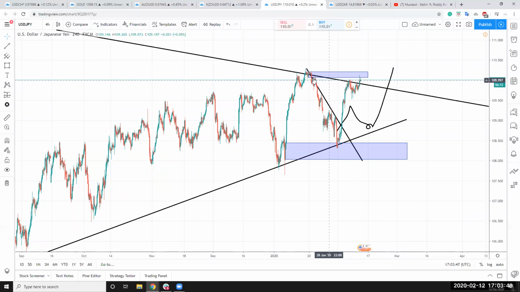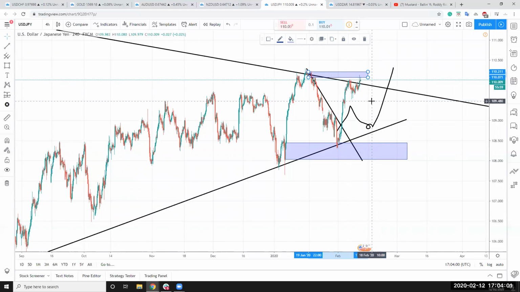USDJPY, we do have an order block here. However, I do not think this order block will hold. Why? And if it does hold and we do reject down, we will go higher. Why? Because